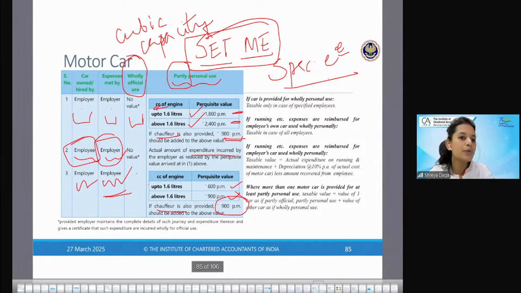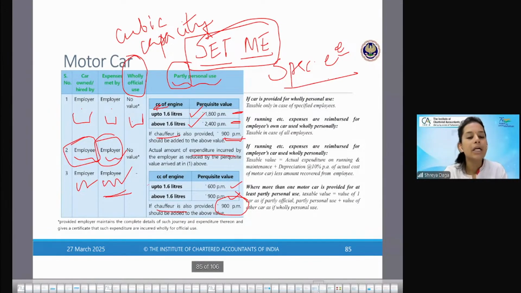And why no value if you use it for official use only? Because if I use a company-provided motor car for wholly official use, then what is the personal benefit to the employee? Why should it even be a perquisite? It is just like the company has given me a laptop to use in the office. I'm using it for official use. I can't do anything else on it. So how is it even a benefit? If they are giving you something and the purpose is completely official, then it cannot lead to personal benefit, at least from a perquisite perspective. For something to be taxable as a perquisite, there has to be at least some amount of personal benefit to the employee involved. Okay,